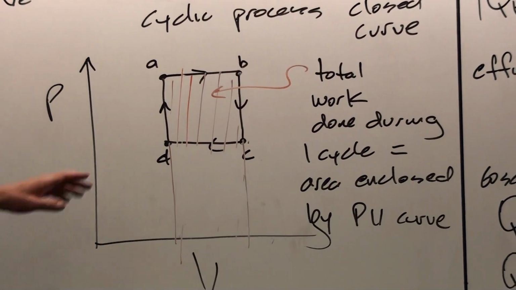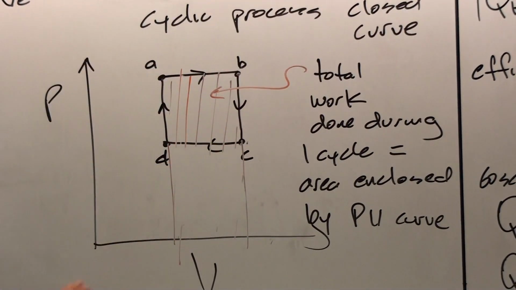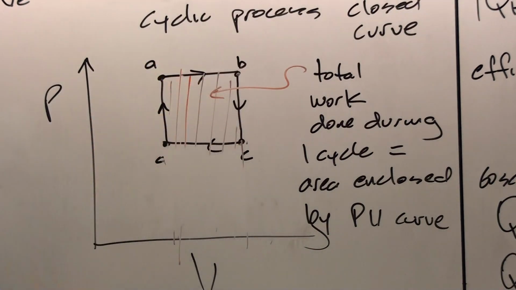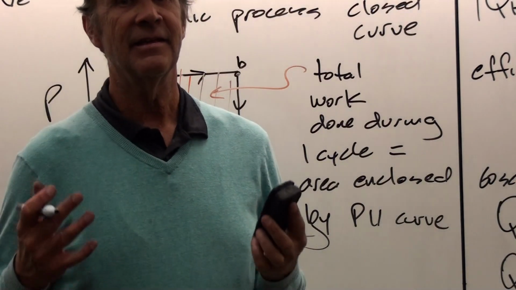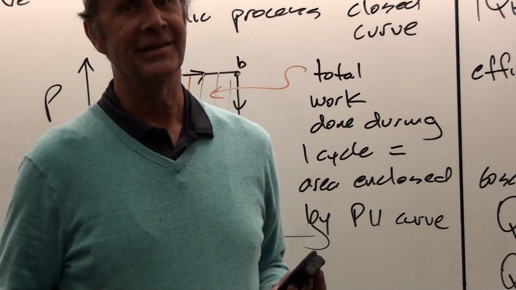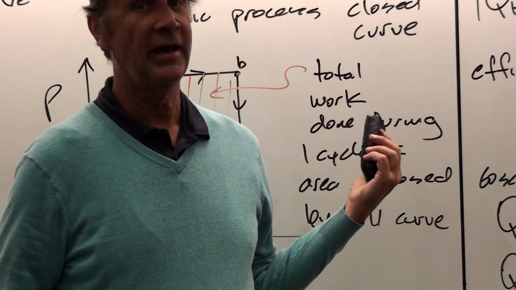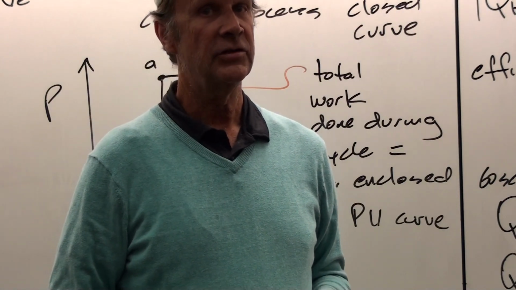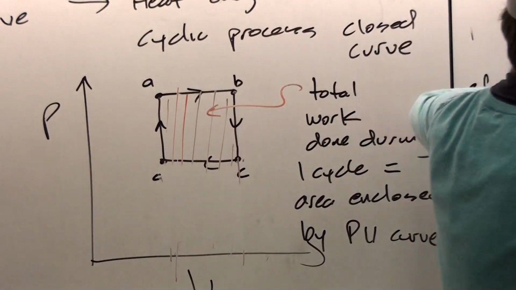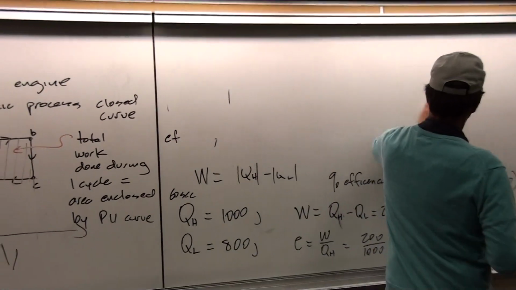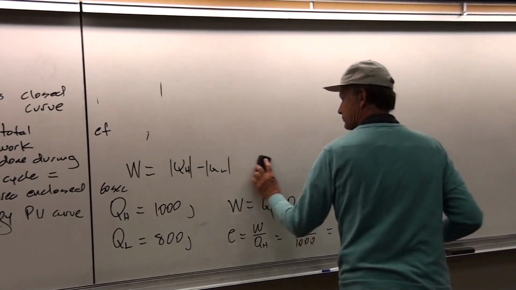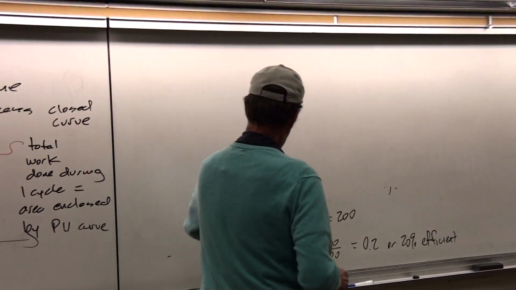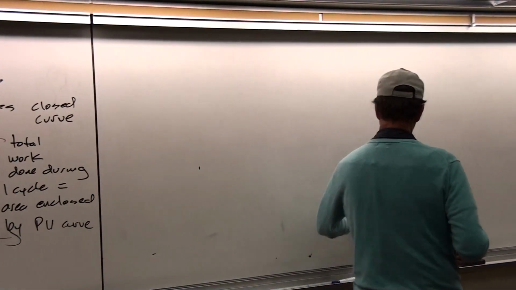And so although it's easier to show for a process like this, it doesn't really represent any real physical heat engine. This is just a way of showing what the total work done should look like in general. But we can show that in fact it is true in general.